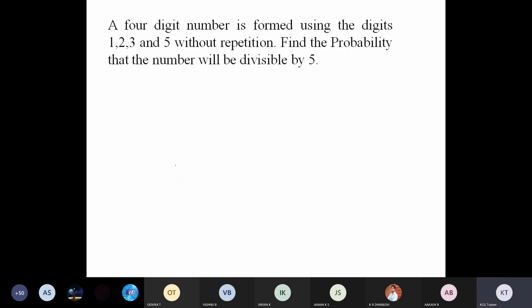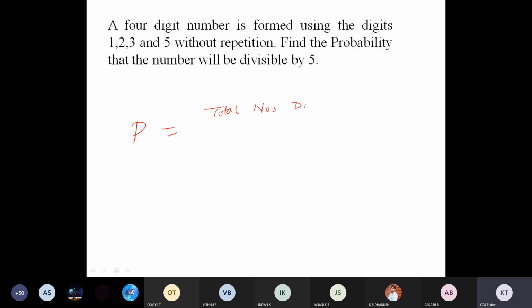A four-digit number is formed using the digits 1, 2, 3, and 5. A four-digit number is formed using the digits 1, 2, 3, and 5 without repetition. Find the probability that the number will be divisible by 5. So probability equal to